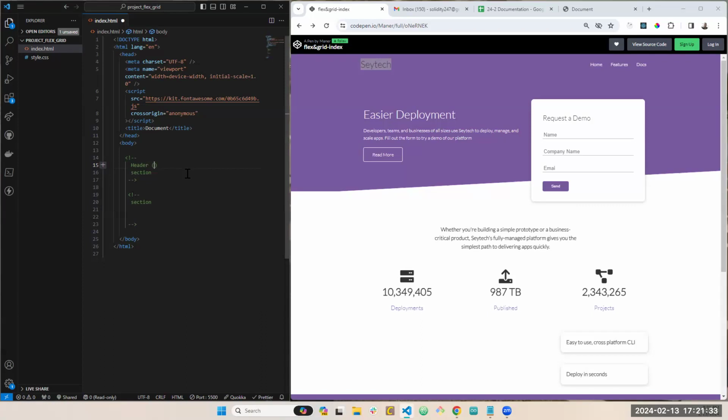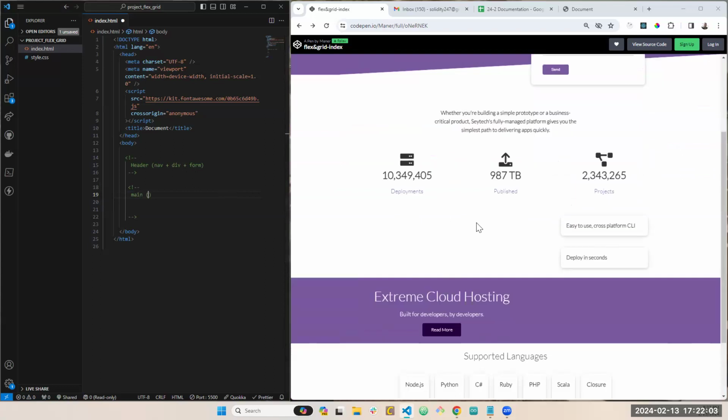Inside we're going to have navbar, nav plus form plus div plus form. I like this idea actually. And then we're going to have the main page. And inside of the main page, we're going to have